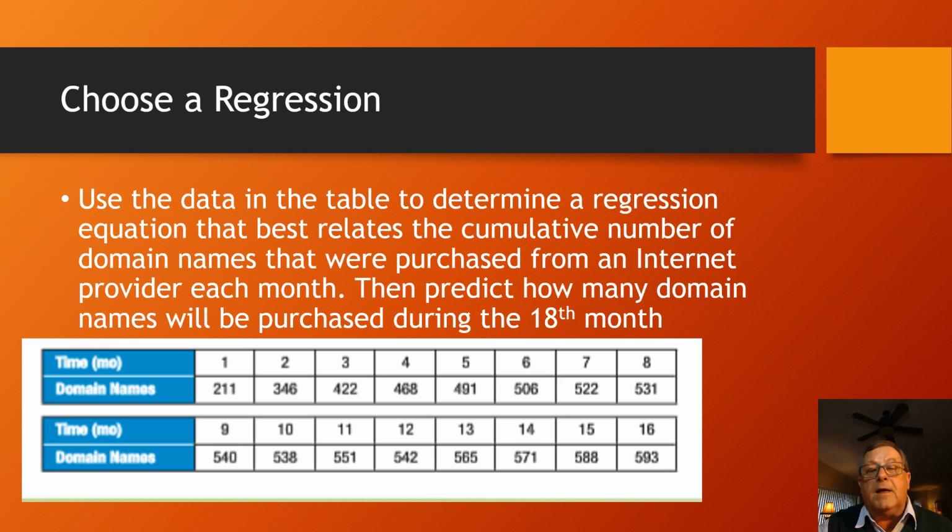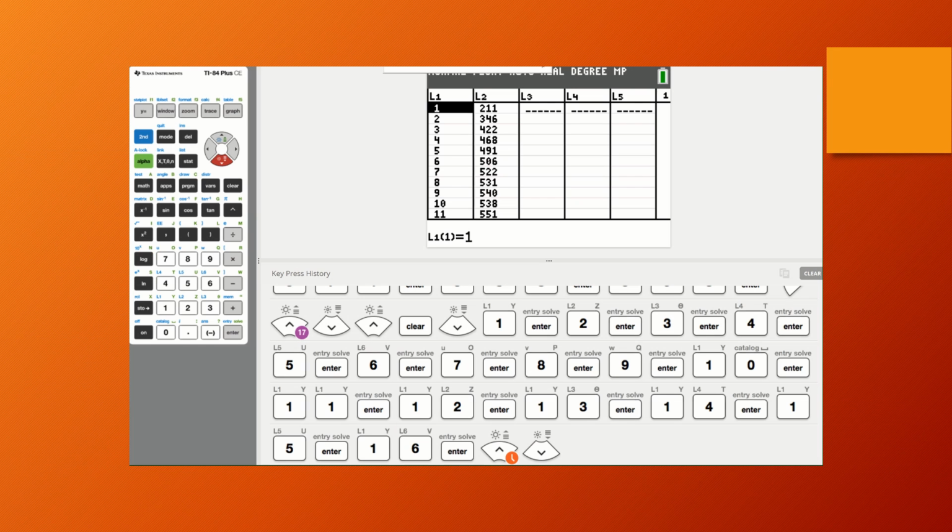I have already entered the data into L1 and L2, but we're going to take a view of our scatter plot and determine, okay, well, what kind of regression might we want to do, and then complete our task from there. We've made our way to our calculator, and we're getting ready to choose the data, but I also want to look at some of this data. These are domain names in L2 that have been obtained from an internet provider each month, and we